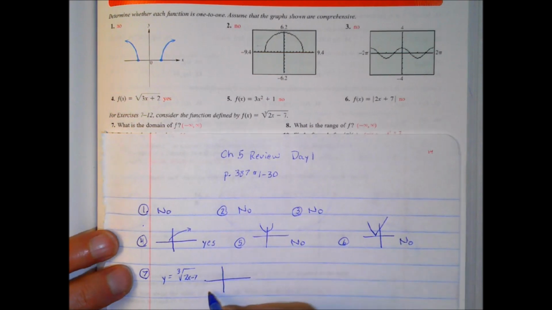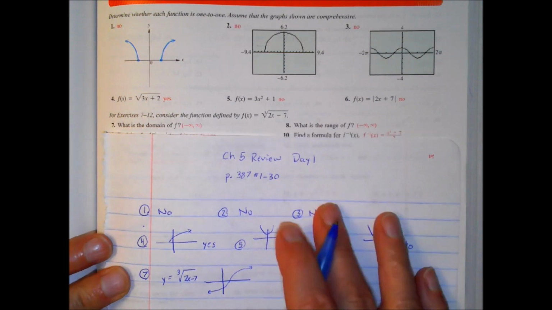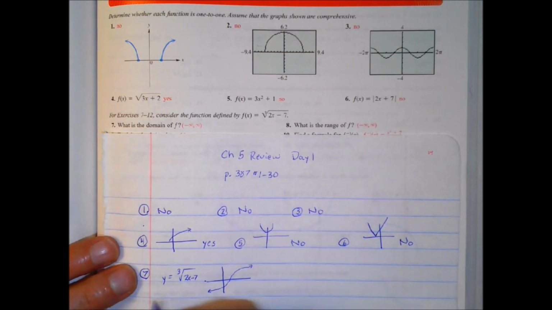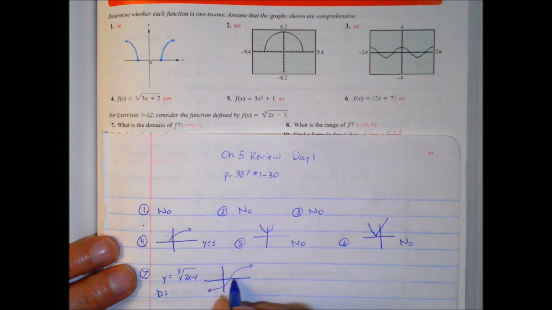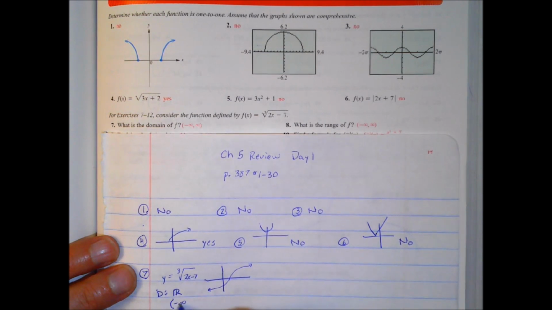Or you can write it as interval notation. Number 8, the range, goes up, up, up, and down, down, down. So it's going to be all real numbers, or in interval notation from negative infinity to positive infinity. Number 9, why does it exist? Okay, why do we have an inverse? The inverse